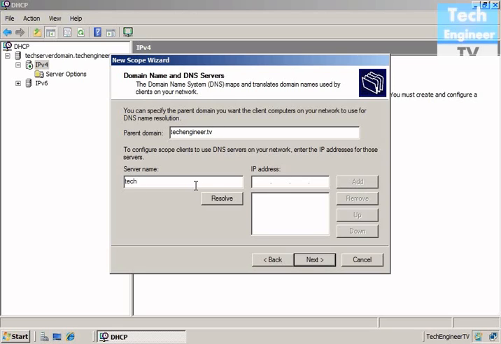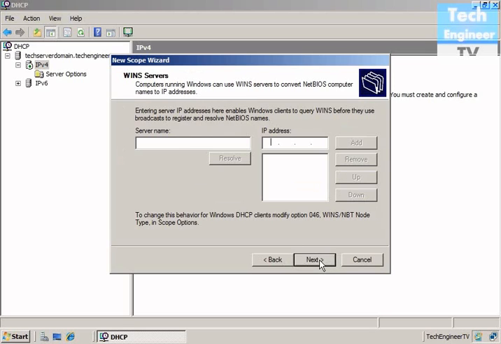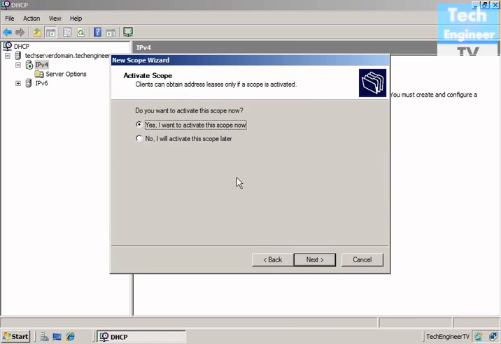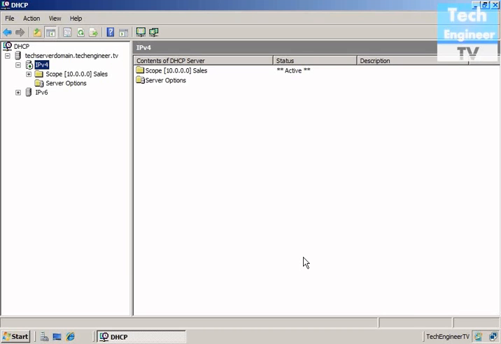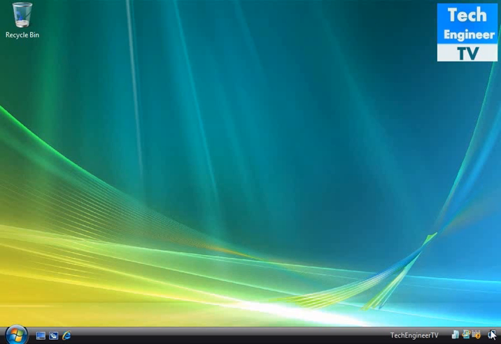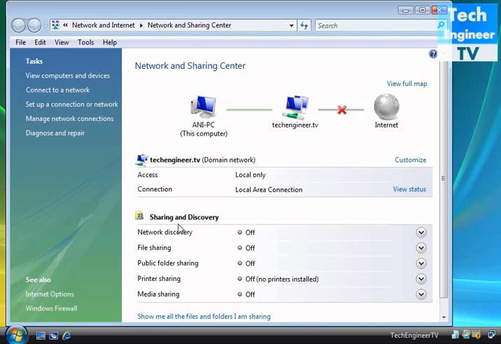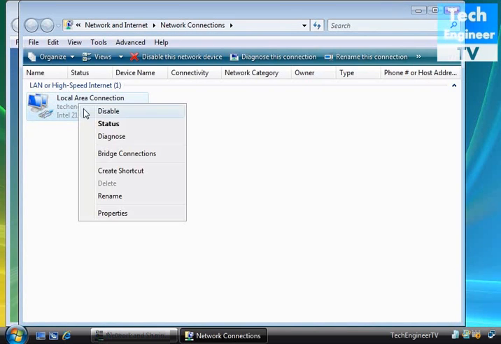Server name, which is tech server domain, and resolve it so that it resolves to the IP address 10.1. Next, okay. So when the server is there, I can activate the scope as it is right now. So I just activated the scope, and the scope didn't have any leases yet. So let's go to the client computer, Vista is there, and let's try to get the IP